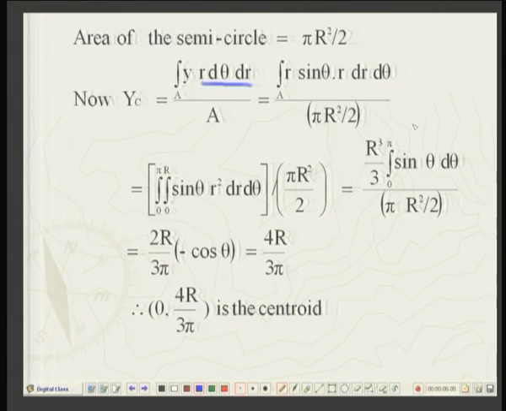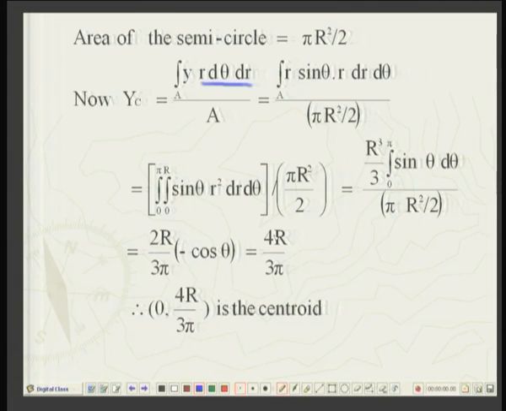All right. So, first we will carry out the integration on r square dr, which will give me r cubed. So, if I substitute the lower limit and the upper limit, capital R cubed divided by 3 into the theta integration of sin theta d theta, and that will give me minus cosine theta, and finally we will have this as 4 r by 3 pi, right.